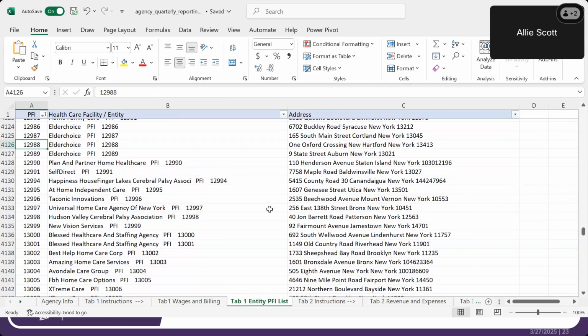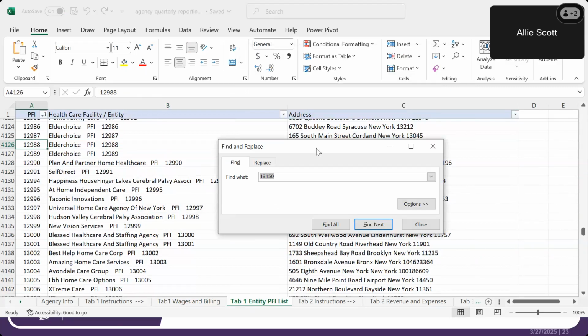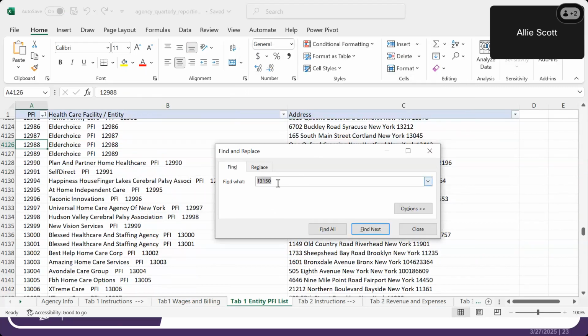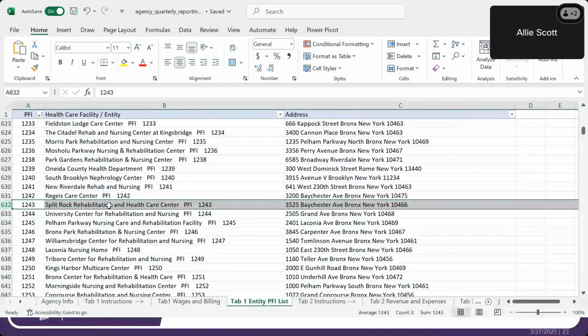You can hit Control F and do a find on a particular number. Say I'm looking for 1243, find the next one, and here it is. Here's my Split Rock Rehabilitation and Healthcare Center, based on this PFI and the address. That's the easiest way to utilize this particular tab.